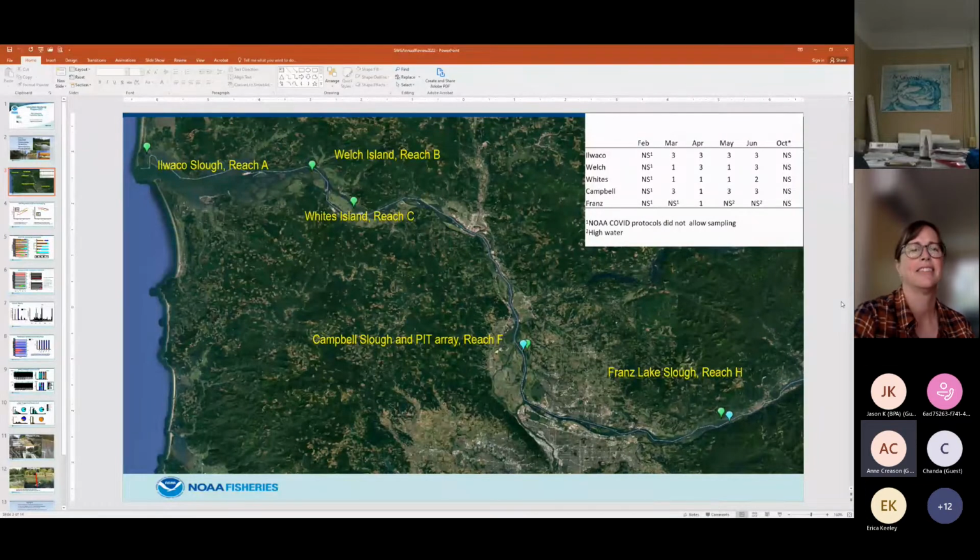What I'm going to be talking about is this year's sampling, the 2022 season. We do have one more sample to do. Actually, we're doing one tomorrow and Thursday and Friday, so we have our last October sampling to go. But for the most part, what you'll see here is pretty